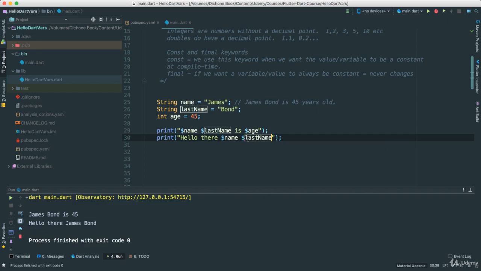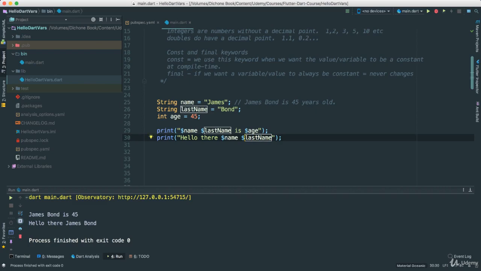Now, we haven't talked about methods or functions yet, but I'm going to show you something real cool here. Let's say we actually want to add an expression, not just one variable, like an expression. What do we need to do then to enclose everything? Let's say we want to make this last name all caps. Last name is a string type. It's an object. We haven't talked about objects yet, but you will see what this means. That means we can access certain properties or methods. For instance, if I want this last name to be uppercase,